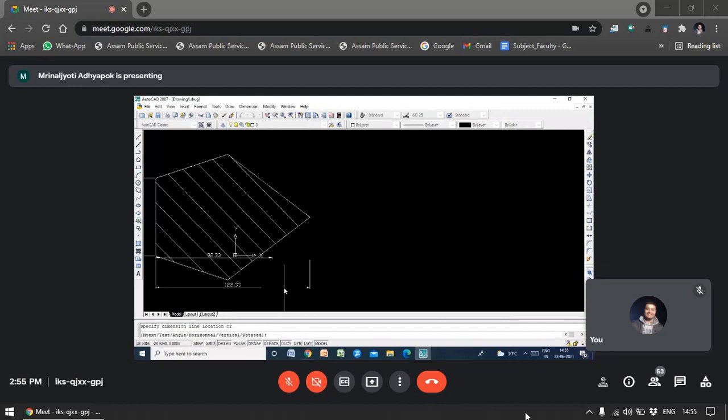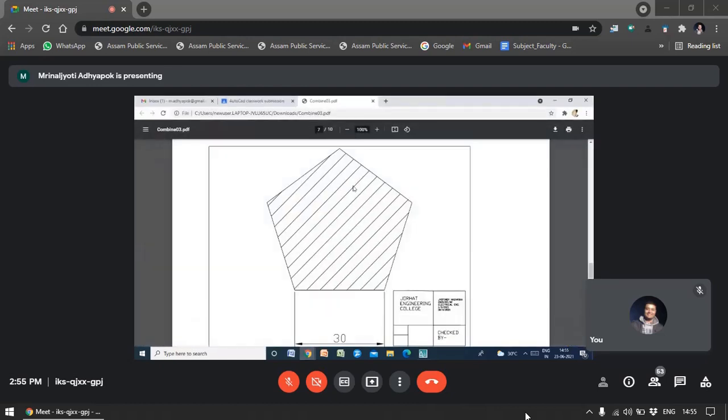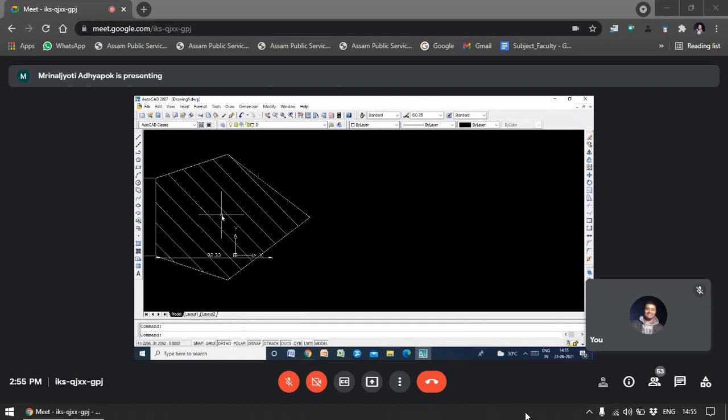Okay, so basically your drawing is like this one only, but these are the commands you can use while drawing this. Or suppose in future drawings you will be requiring these commands like this scale, okay, the rotate command, or the stretch command. These are the commands you will be requiring in your advanced studies. Okay, so that is why I have shown you. Anyway, your drawing is like this one only.